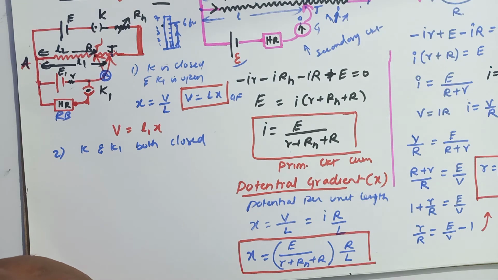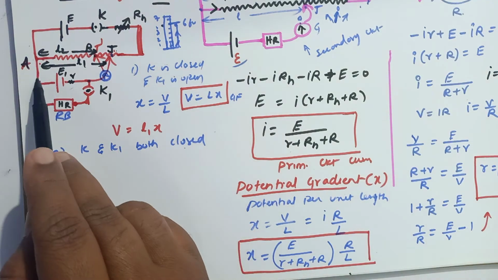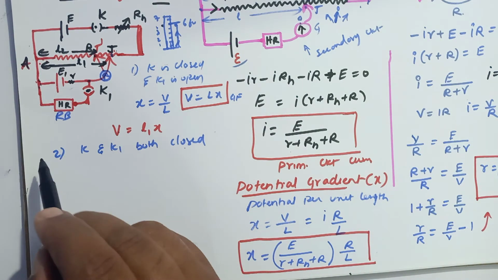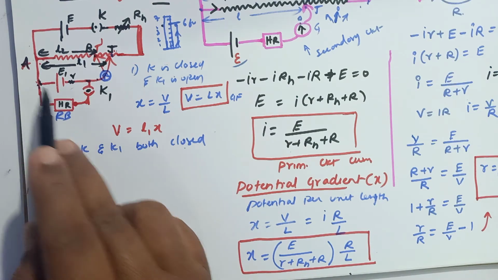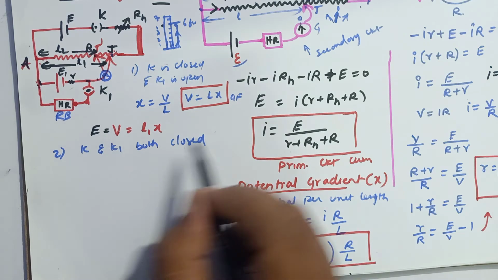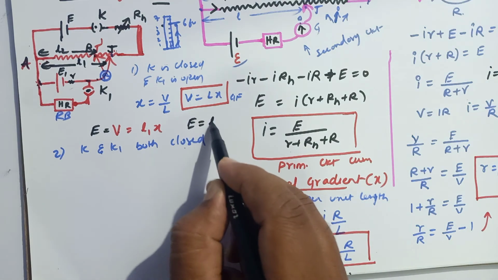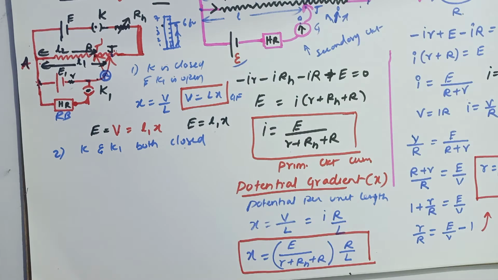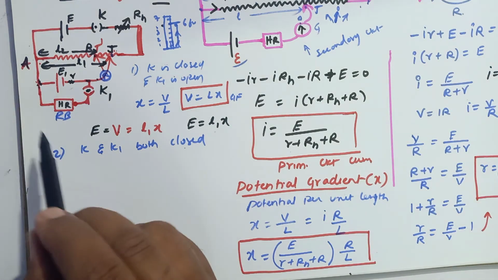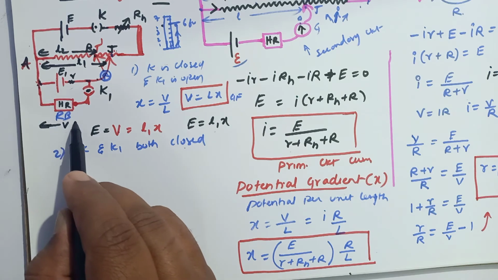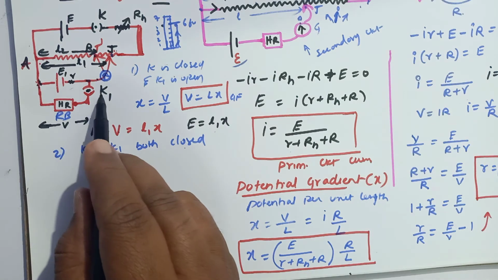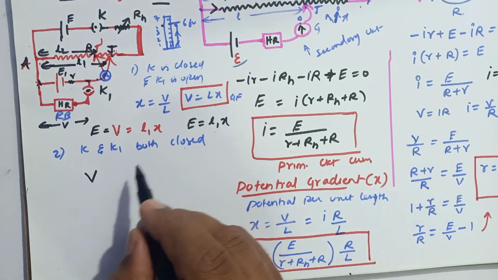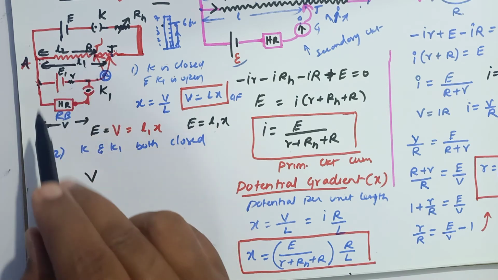Okay, so now let us see what is going to happen here. Potential difference across these two is V we have considered, and there is no other circuit here, no other connection. So here potential difference and EMF both are going to be the same. So you can consider this as E is equal to L1 into X. Now this high resistance is also connected. Then what is the potential difference in this case? When the key K1 is also closed, what happens here? Balancing length is changed to L2.